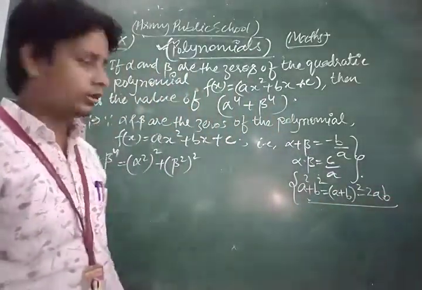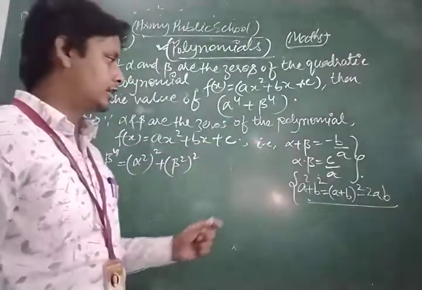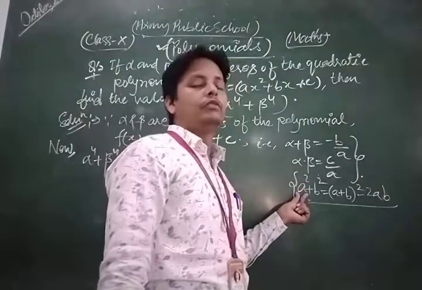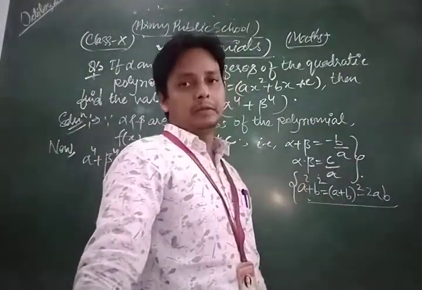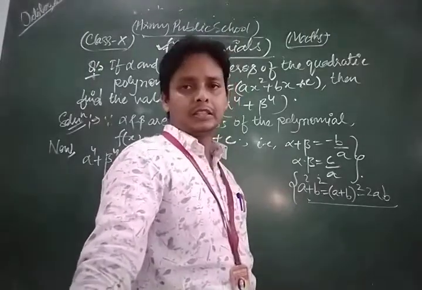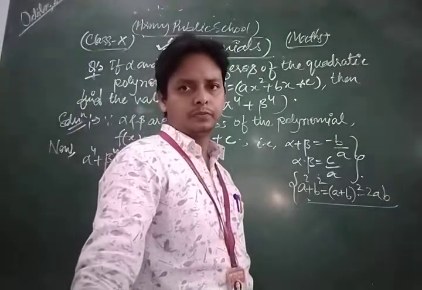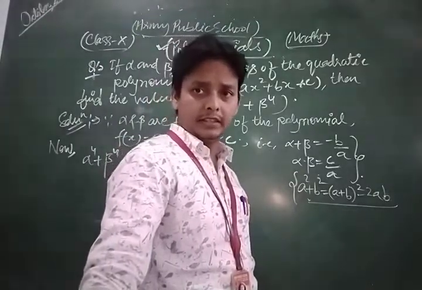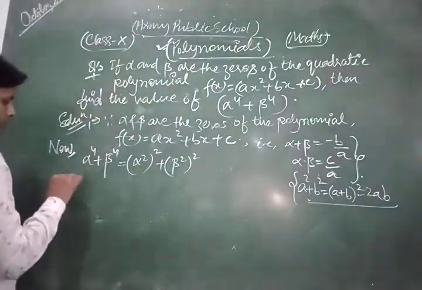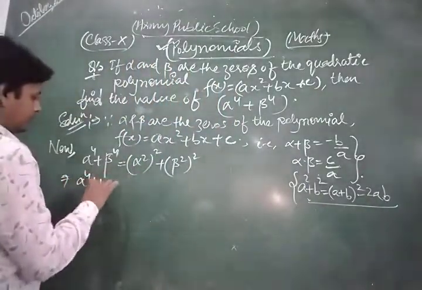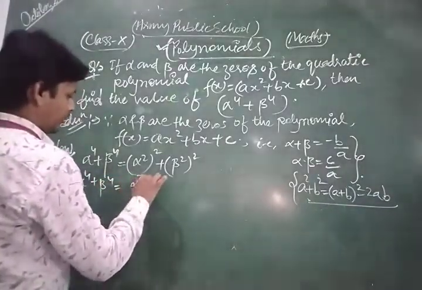So here we apply the same identity, a square plus b square equals a plus b whole square minus 2ab. So alpha power 4 plus beta power 4 can be written as